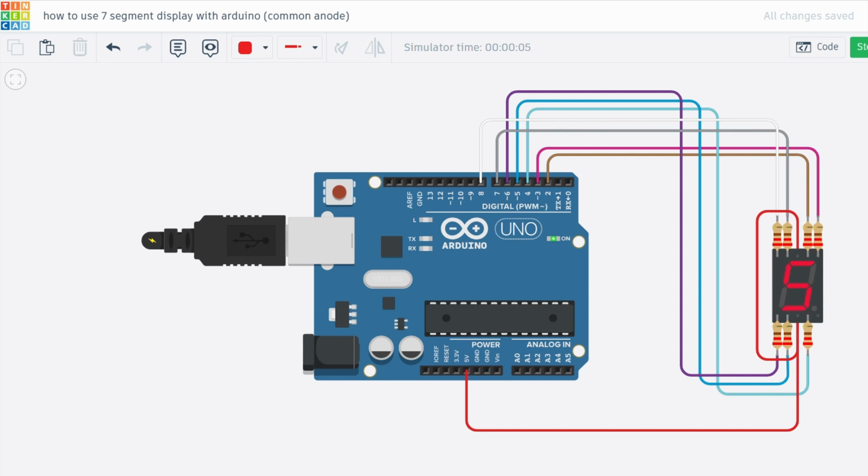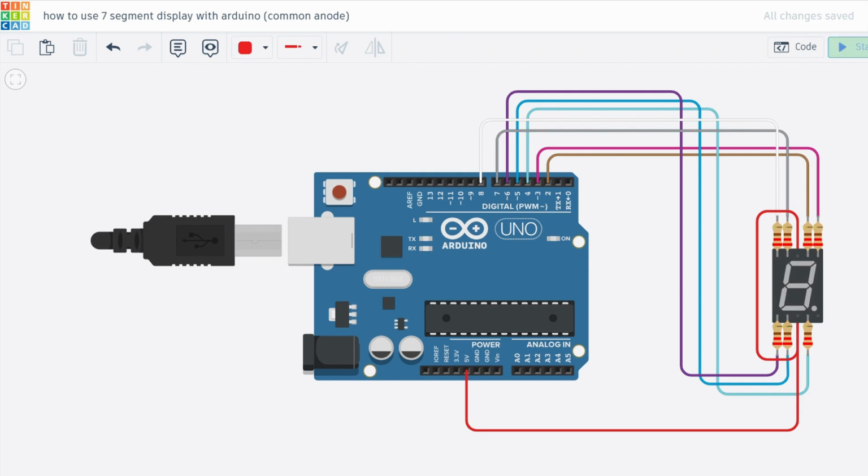Hello, in this video I'm going to show you how to use a 7-segment display with Arduino with a common anode, and this is how I'm going to demonstrate it in Tinkercad. Here you can see I have connected the A pin to the 2 pin in Arduino,